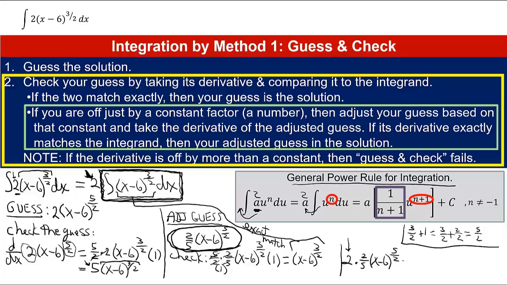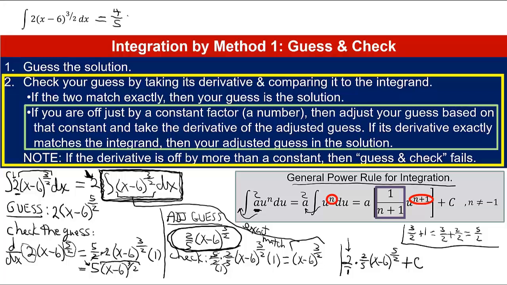Now you always have to put a plus c on the end of any of these indefinite integrals, because if you think backwards, the derivative of any constant is 0, so there could be any constant term added on. You don't know whether it is or isn't, so you put a plus c. And simplifying it one more time, if you multiply 2 times 2/5, you get 4/5. And I'll put the final answer up top here. So you end up with